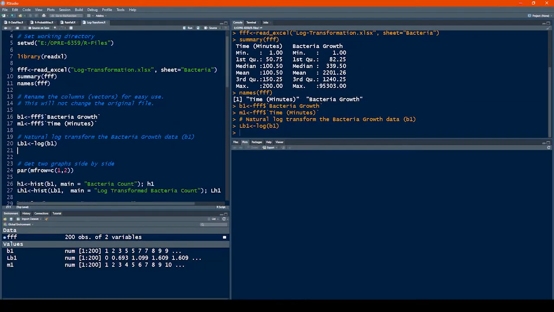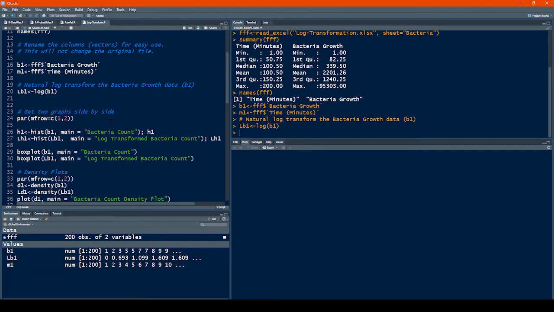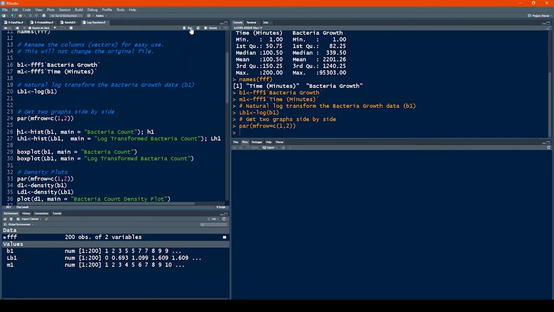Okay, so now we are going to do visual inspection. This little command will create two windows here, so we can put two graphs. So let's run this one here. Now we've got two windows. One we put the graphs here. Let's do the histogram of the original data file.